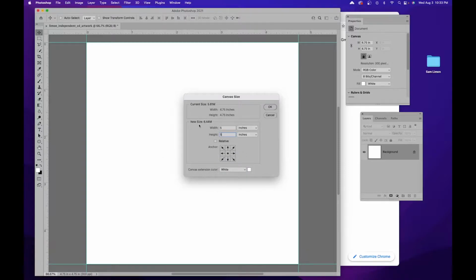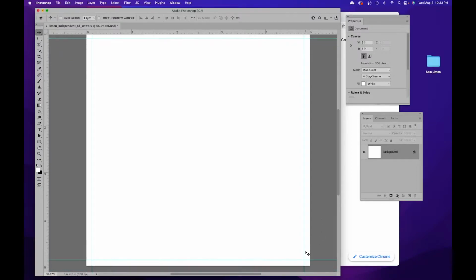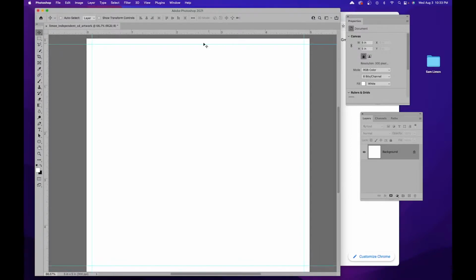Again, it doesn't matter, it's just going to be your background color. So I'm going to go ahead and click OK. So now you see what it did there is it added that 0.25 inches going from 4.75 to 5. It added that all the way around, so that accounts for the 1/8 of an inch here, an 1/8 of an inch here, top and bottom as well. Okay, so now that's our trim, and then we're going to need our live